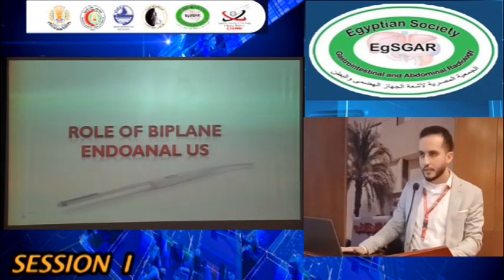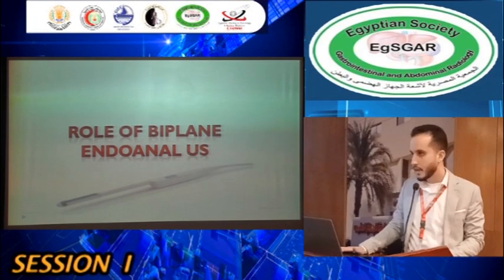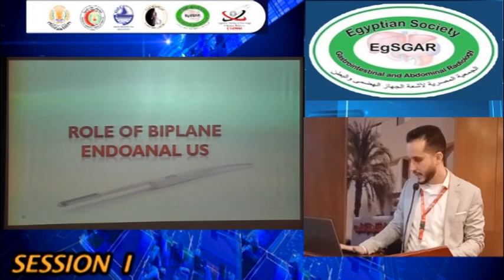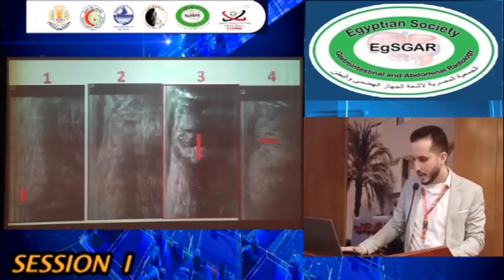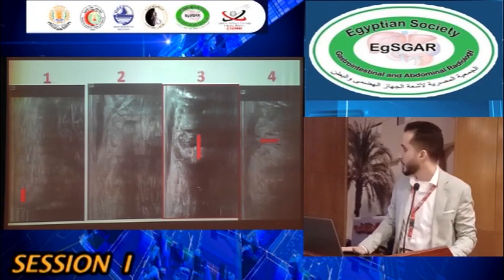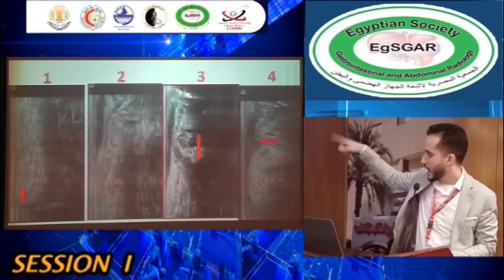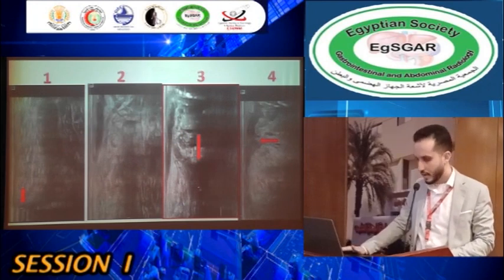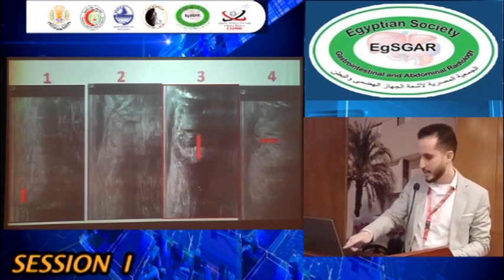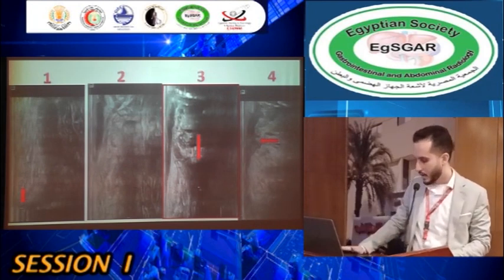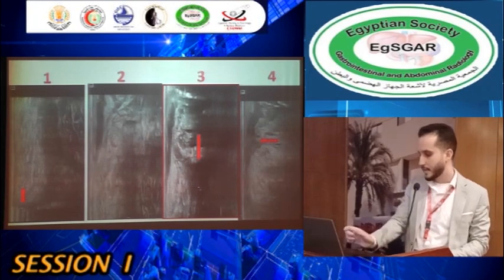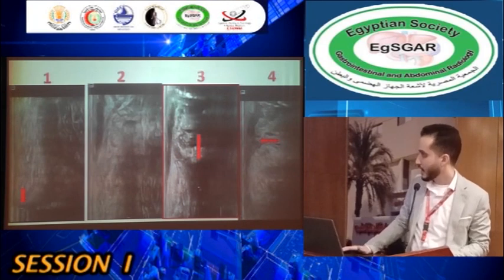Then this patient was referred to us for reassessment. We used the biplane endoanal ultrasound for the examination, and here are some of the photos obtained. First photo, as we can see here, first the hyperechoic structure represents the external anal sphincter. The red arrow is referring to the subcutaneous opening and extends to a hypoechoic tract